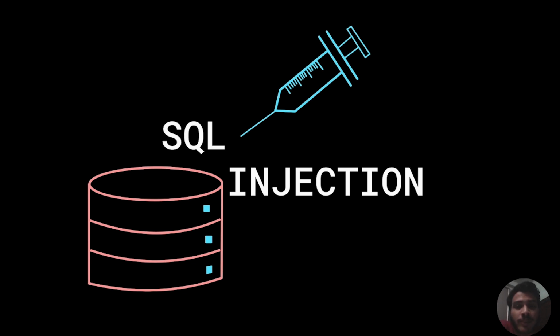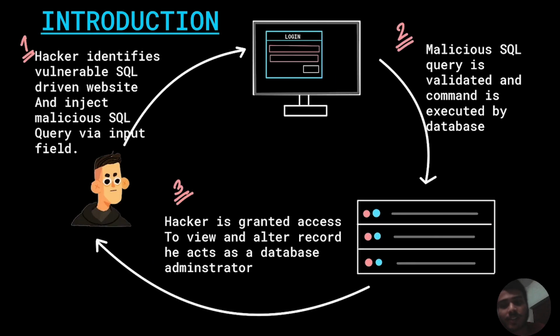Welcome to the very next video of web exploitation. So today we will be discussing a method known as SQL injection. SQL injection is one of the most popular and still found web vulnerabilities that exist on the modern-day internet. And in this video we will be discussing what SQL injection is and how we can use it to exploit various web applications. So let us have a quick introduction about it.